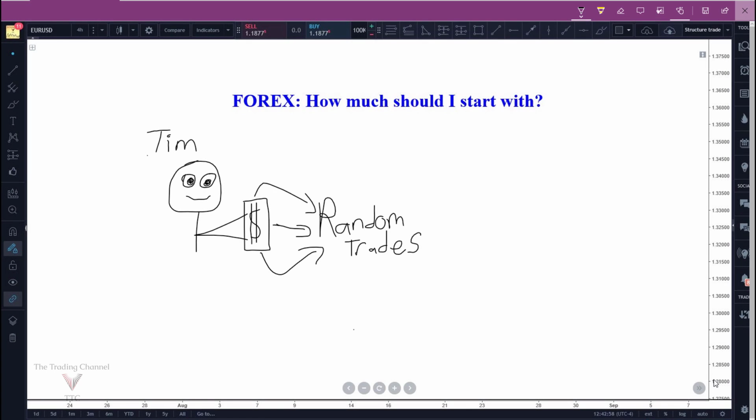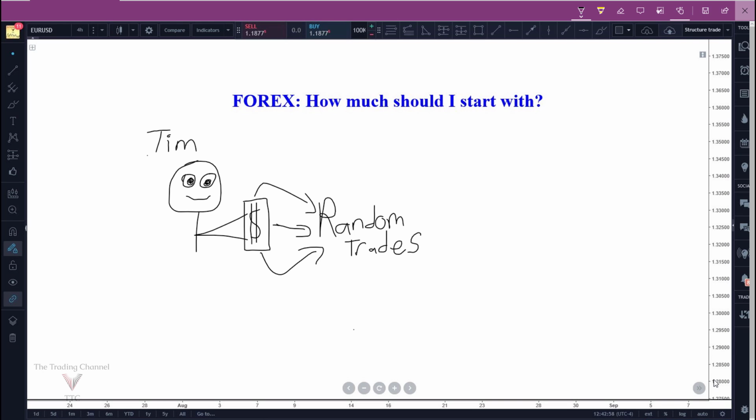Alright guys, so let's go ahead and get into it. This is a very controversial question in the Forex industry because of how vast of an audience you're going to be speaking to about this subject and how their opinions differ. There are people that start a trading account with $100 and there's people that start a trading account with $10,000. And there's people everywhere in between along with higher, and some people try to start out a trading account with even less. I've heard of people trying to start a trading account with $50.